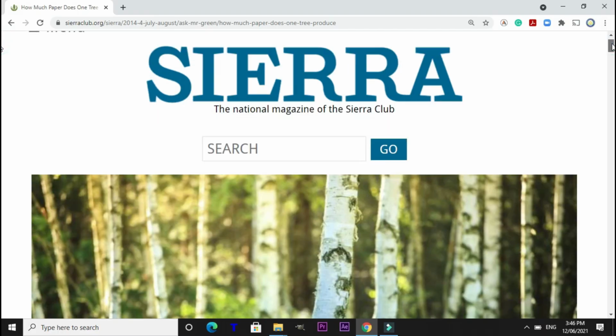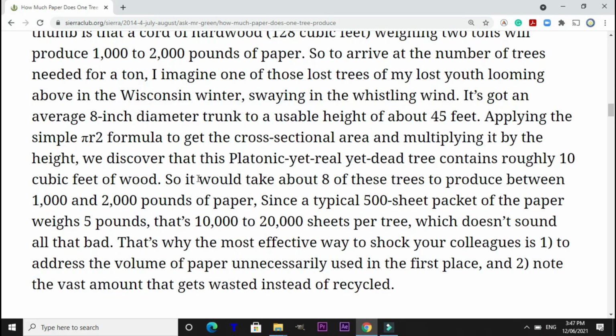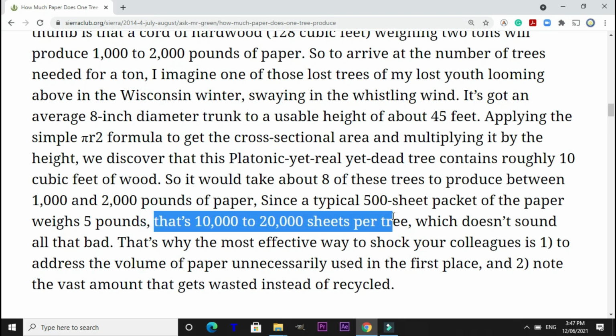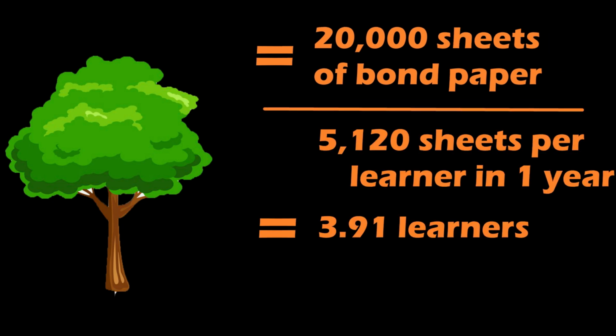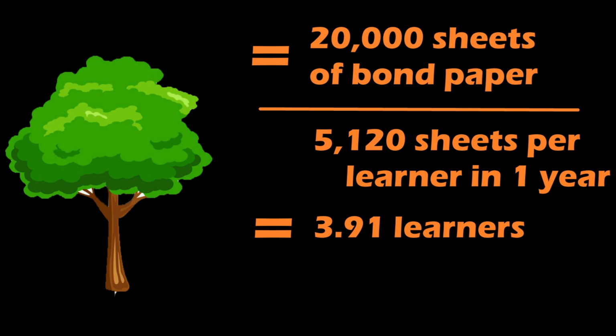Another concern under printed modular distance learning is environmental issues. A particular study revealed that a regular tree can produce up to 20,000 sheets of bond paper. Based on the study mentioned earlier, a learner requires 5,120 sheets. So, if we divide that, it results in 3.91, or approximately 4 learners per one tree being